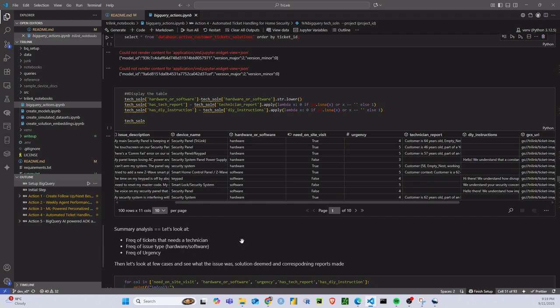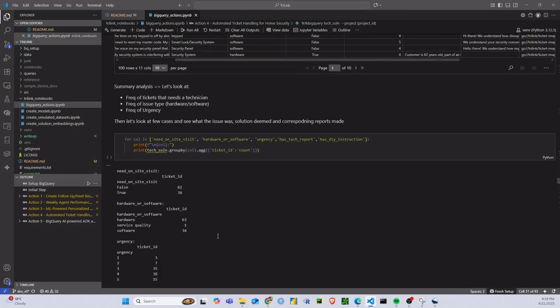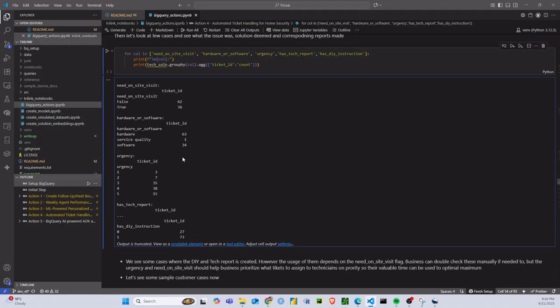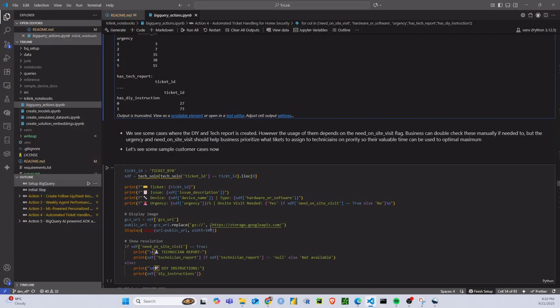We can limit it by logic itself based on this particular column. If this says no, don't look at the technician report, just use DIY instructions. So in our case of 100 tickets, what we found was that 62 tickets didn't need a technician to visit. It could be done by DIY instructions. So what we are going to do is,